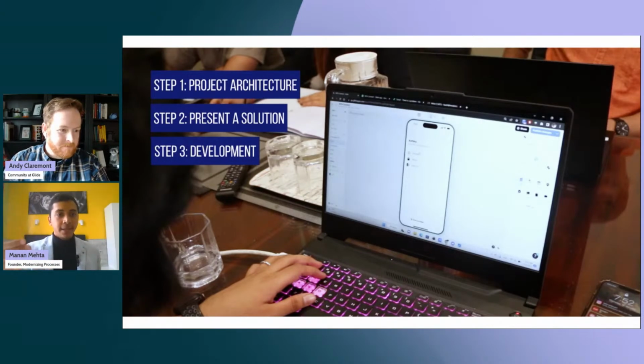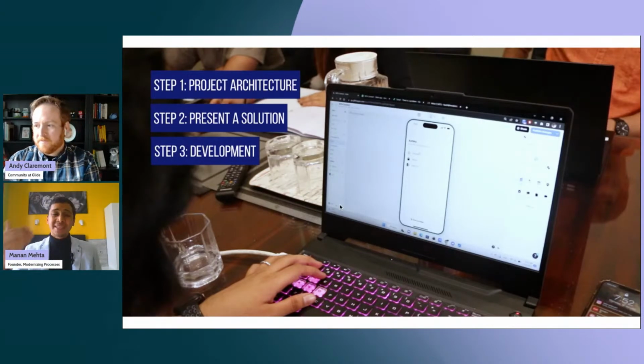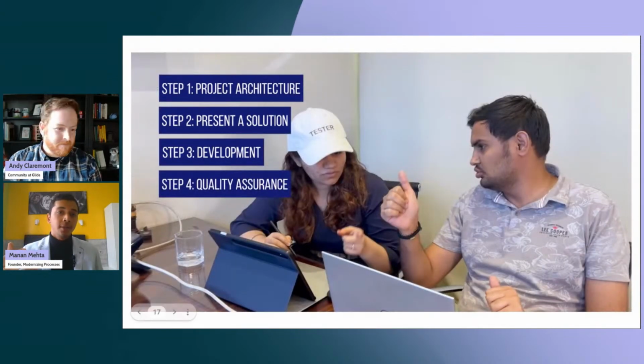As soon as the development is done, it moves to the next process, which is extremely important in my opinion, which is quality assurance. So this is where a team of testers comes in, understands the project architecture in one place, understands the developed item in the other place, puts it together and compares. When they compare these two, they realize what's working, what's not working, what's as per the client's expectation or not. Basically, just making sure everything works, thinking of scenarios which the developer would not have thought of. So they try to play around with that, and as soon as this is done, if QA is passed, it means the problem is solved.